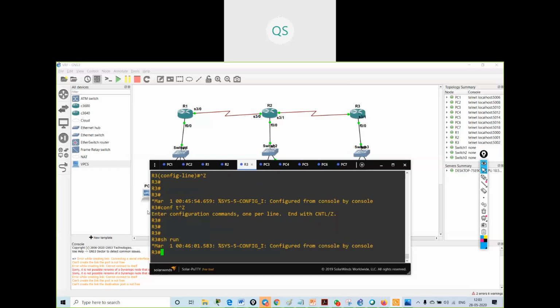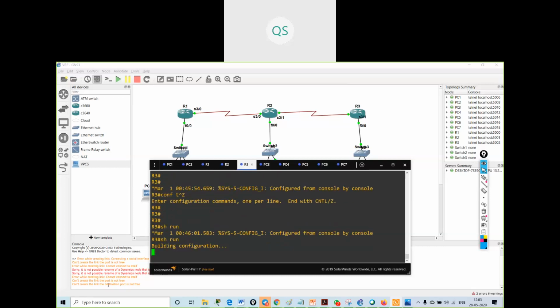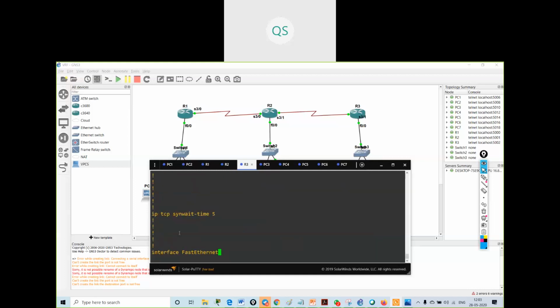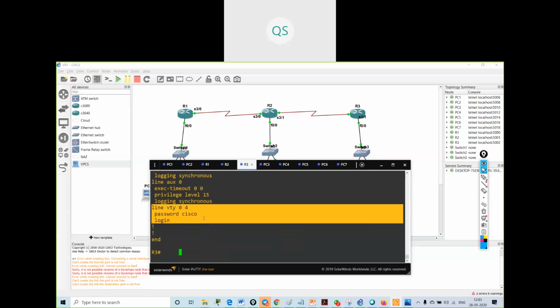Show run. So I've configured the telnet.